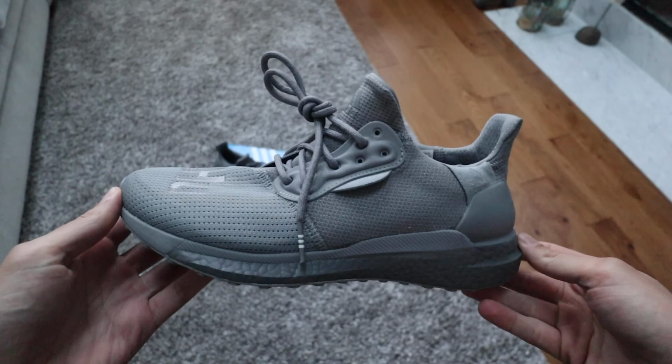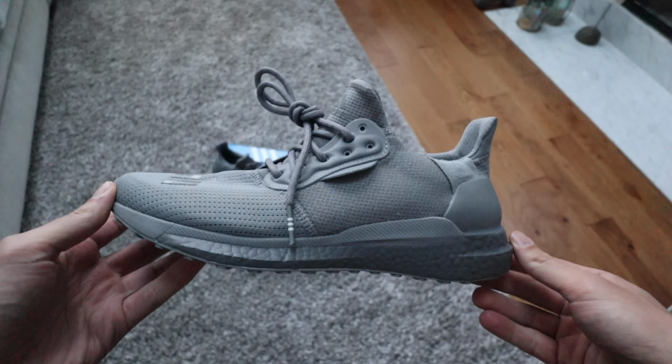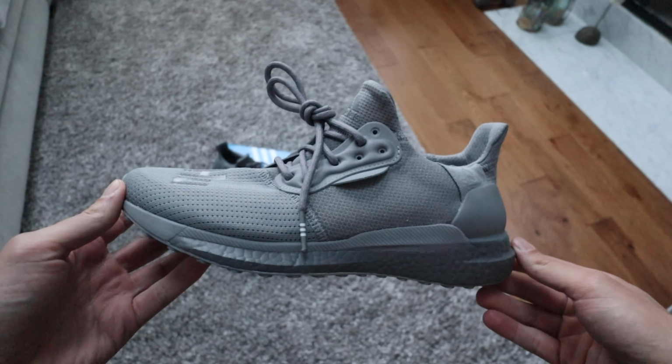This silhouette was introduced to us back in 2018. There were three colorways, multicolors. One was a full-on white, one was full black, and then there was a full orange one as well. And this one I've got in my hand is the smoke gray, or kind of that stealth gray colorway. It does feature full-length Boost, except you've got a little bit of an inch